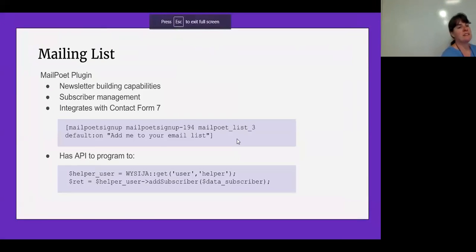So for the mailing list, to solve that, I looked around a bit. I think an obvious choice is MailChimp, but for a few reasons that didn't work for us. And then I found the MailPoet plugin, and I've been really happy with it. It provides us with